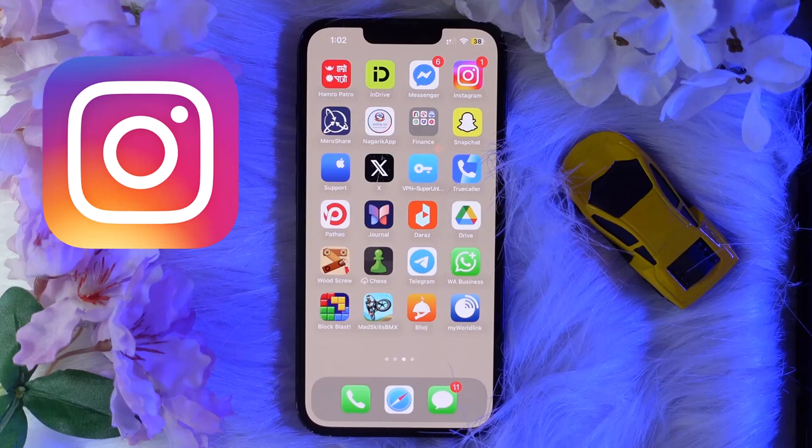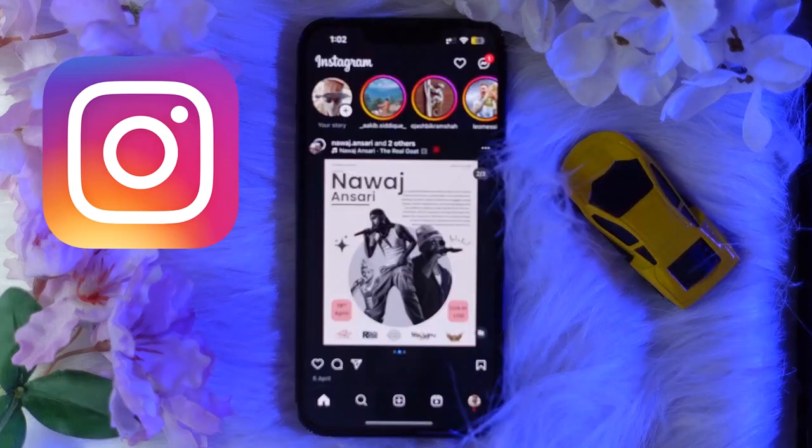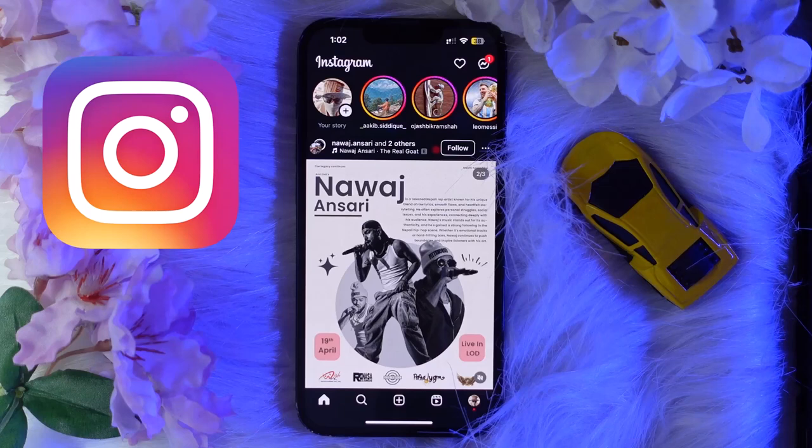So let's get started. The first basic thing which you need to do is make sure that you have installed the Instagram app on a device. If you have not installed the app, you may install it from the App Store or Play Store on a device. After that you just need to open the Instagram app, and this is the home page of Instagram